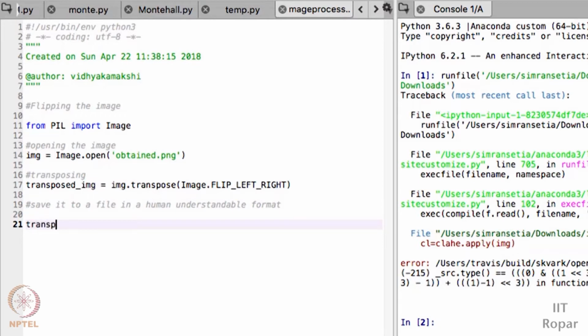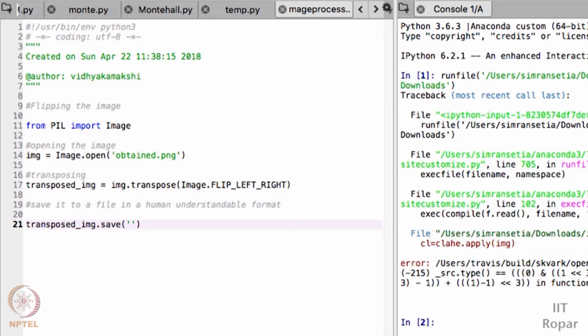Transposed image. You take the matrix object which you need to actually save into a human readable format. You take this object and call the save function on it. This is also a predefined function and it takes an argument. Here, same as how you did in open, you are supposed to specify the path where you want your output file to be saved.